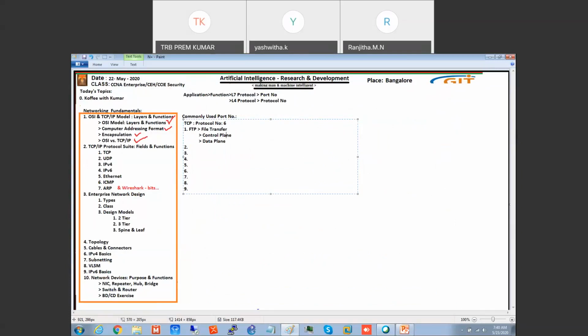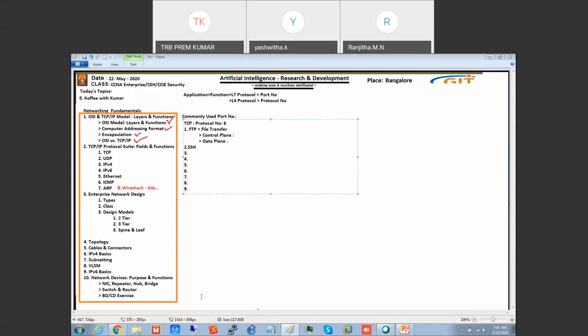So what is the port number for the control plane?